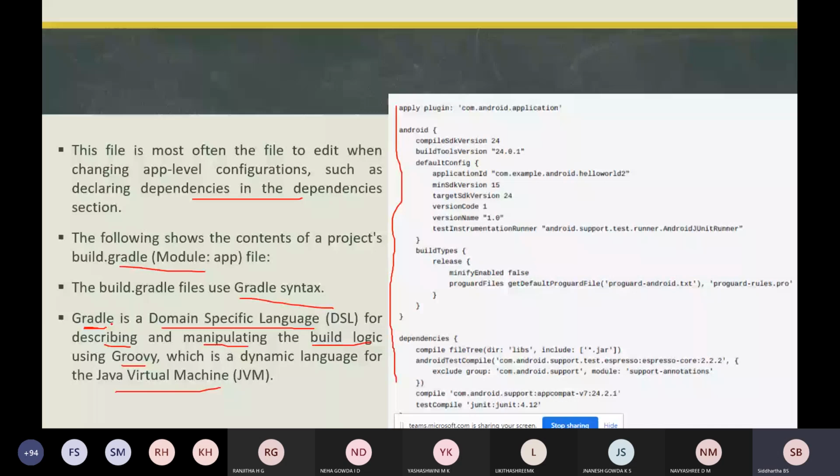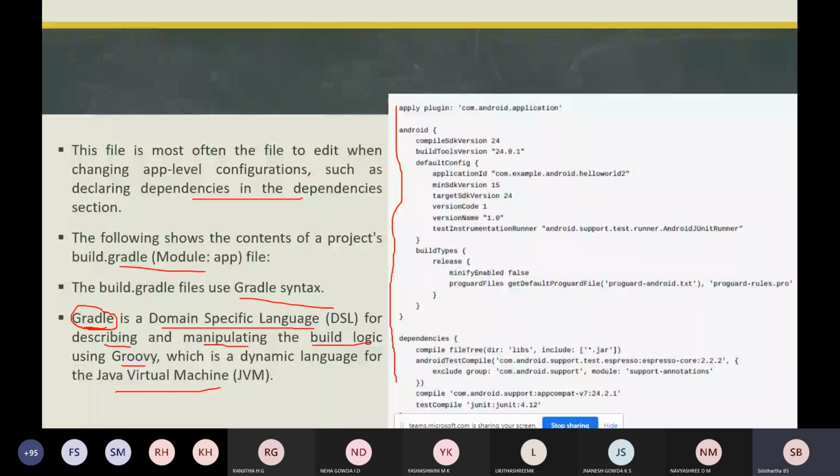When your project goes through compilation and packaging, this automation tool, which we call Gradle, controls the process. It also supports C, C++, Java, JavaScript, Kotlin, Groovy, and Scala. All these languages are supported, and this Gradle tool is integrated with your software tool, so Android Studio will automatically generate all these Gradle files.